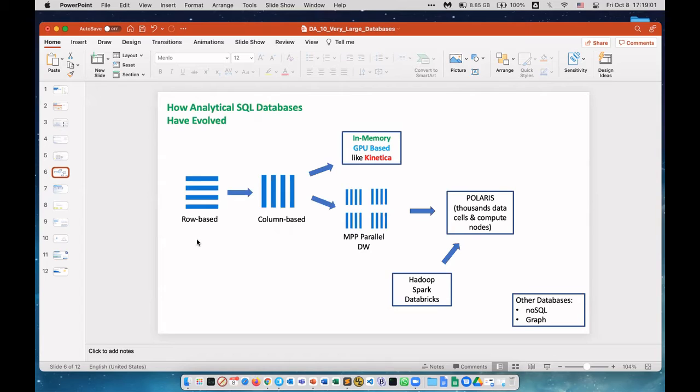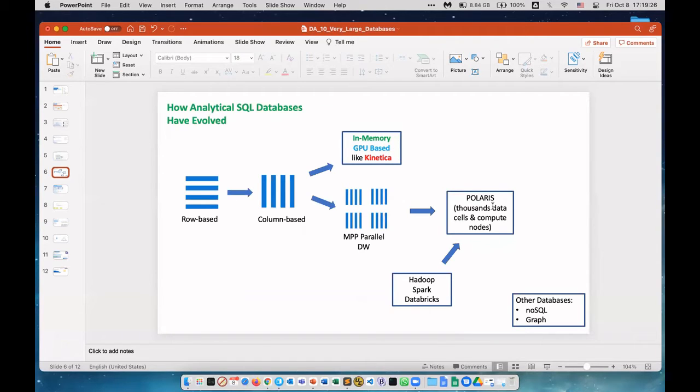I already showed this slide. It's the development of databases from row-based to column-based for analytics, for massive parallelism. This is an example of Azure Data Warehouse. In-memory or GPU-based databases achieve massive parallelism because GPUs have a lot of cores.